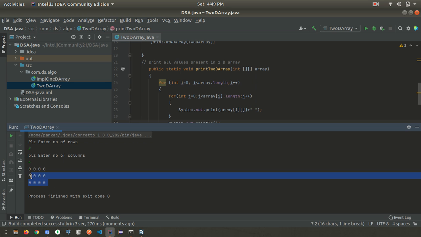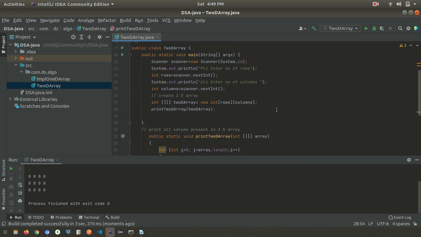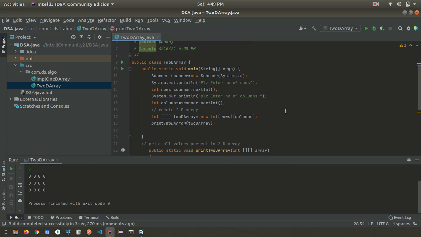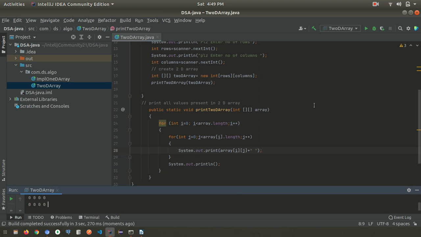So there are a total of 4 into 3, 12 zeros. We are getting 0 because we are not overriding and updating data in this array. So we can override this default value for integer type by storing data in the array.